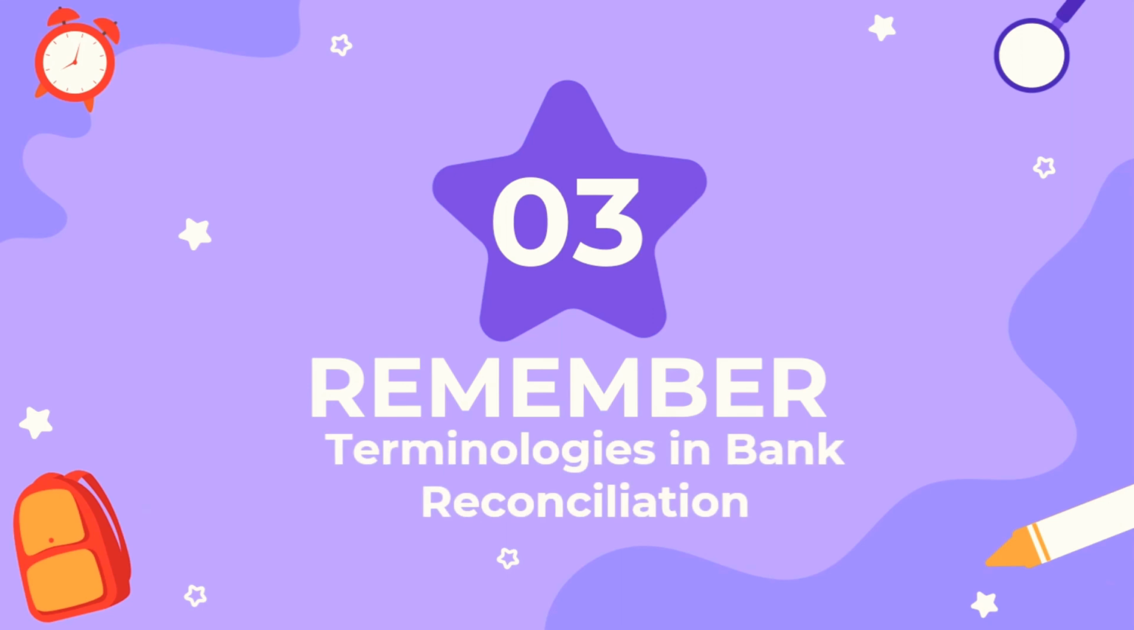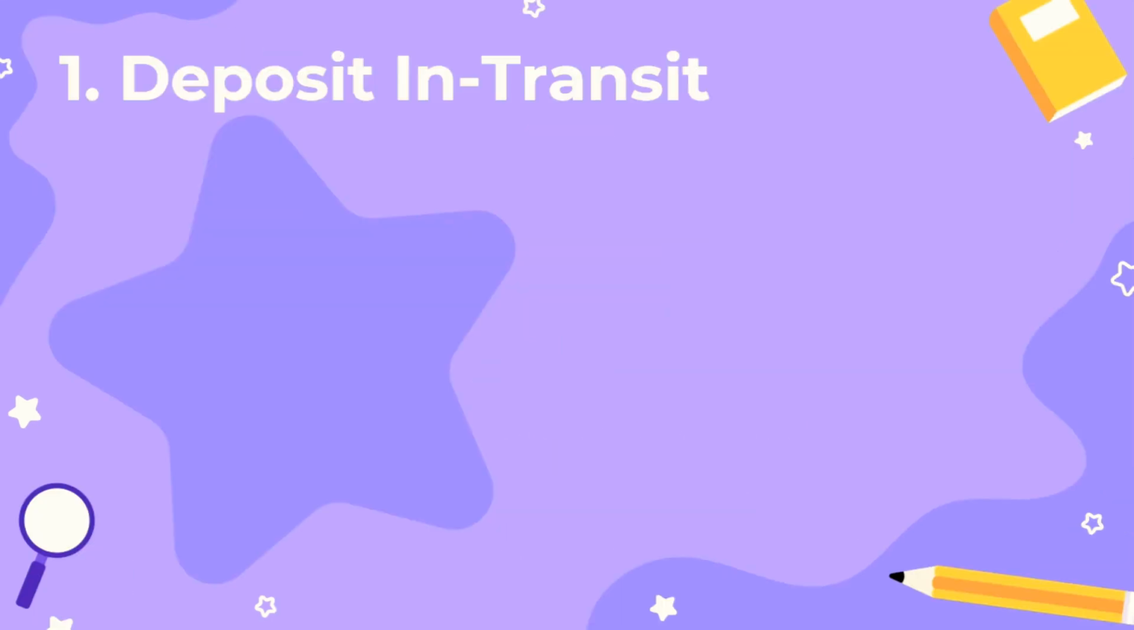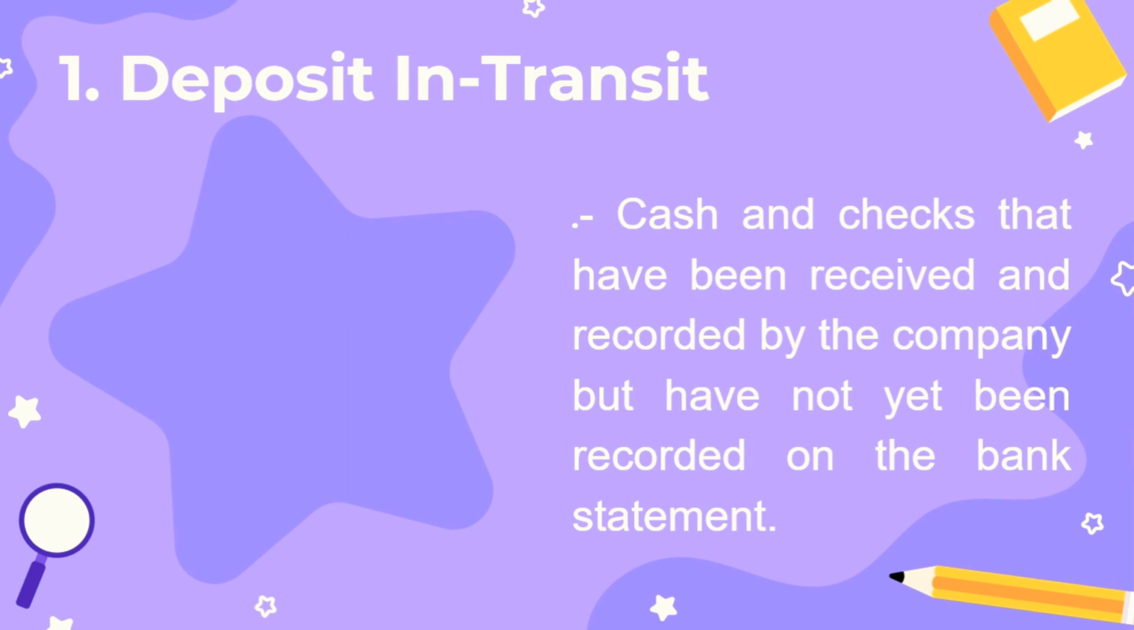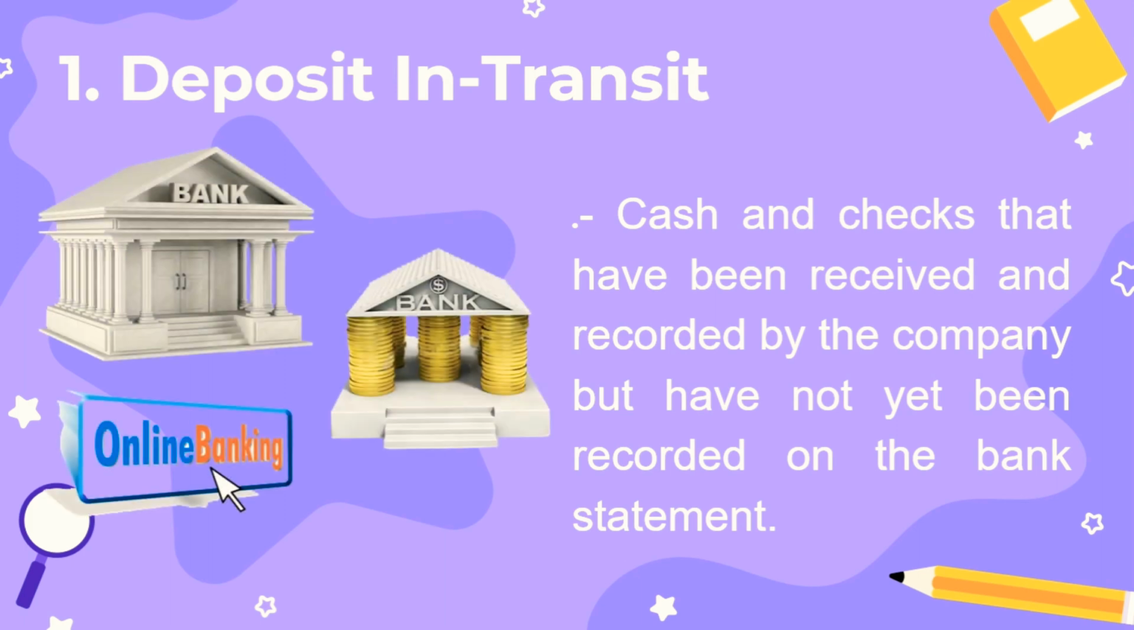Remember terminologies in bank reconciliation. Number one is a deposit in transit. Cash and checks that have been received and recorded by the company but have not yet been recorded on the bank statement. A deposit in transit is money that has been received by a company and recorded in the company's accounting system. The deposit has already been sent to the bank but it has yet to be processed and posted